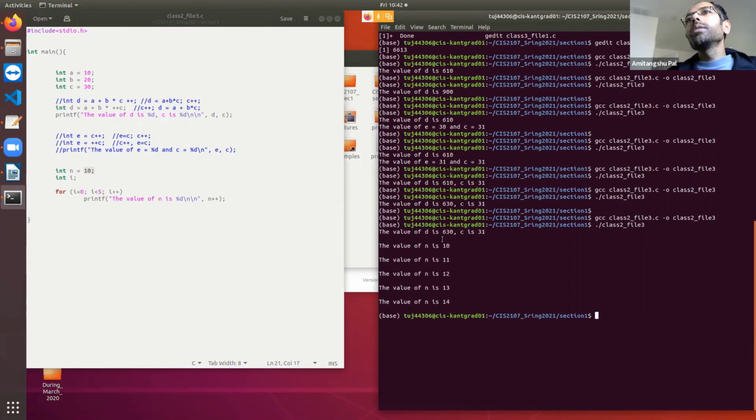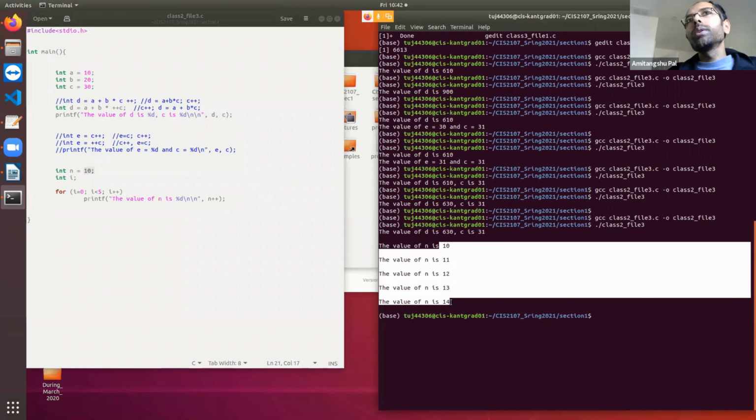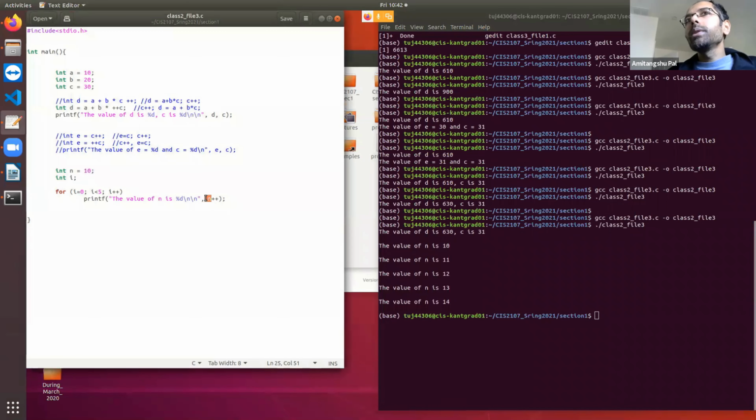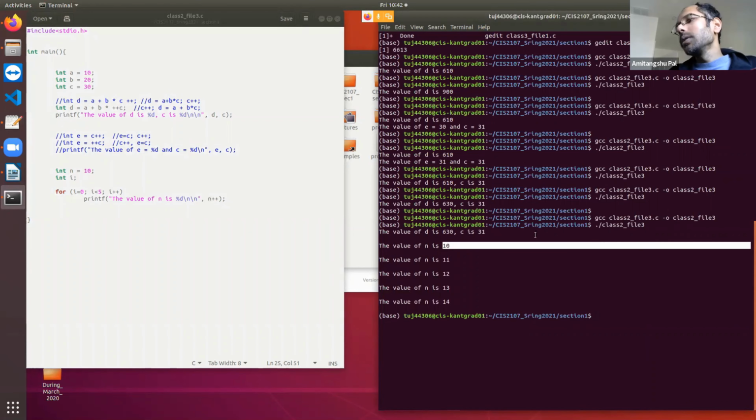So it will print from 10 to 14, because first the assignment will take place. That means first 10 will be assigned, 10 will be printed in the first line, then it will be incremented to 11. Next time 11 will be assigned, next 11 will be incremented.